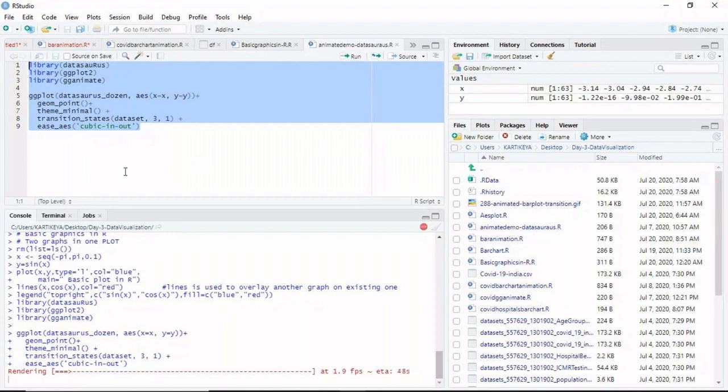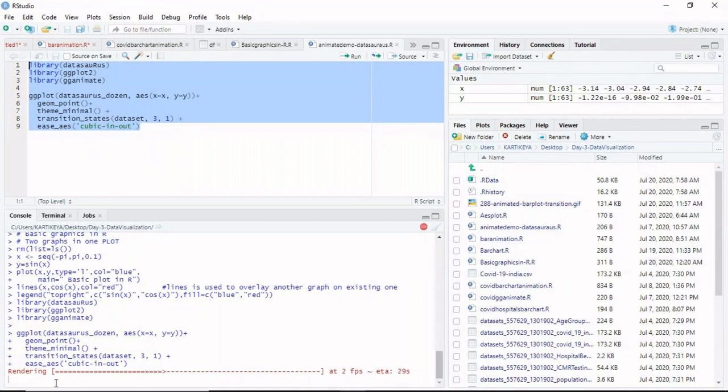So here I have not given any save command. So it only displayed in this viewer window. It will not be saved. So if I give save animation, then only that file will be saved onto your desktop in GIF format.